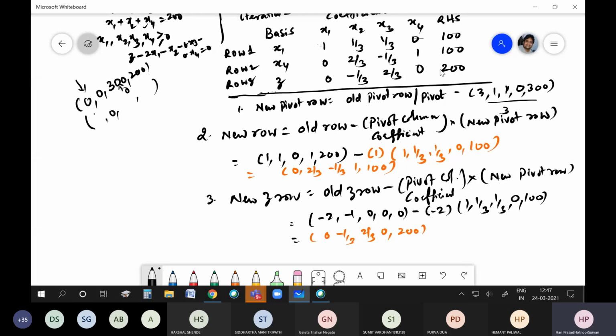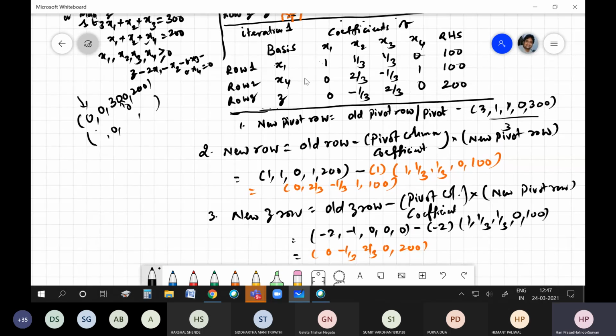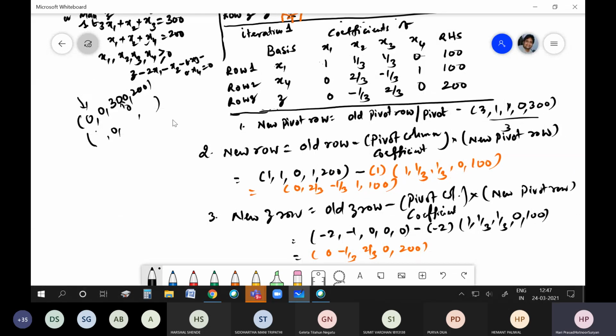So now you check whether you are satisfying both the things or not. See here, now we know that the basic variables are x1 and x4. So x1 has a coefficient of 1, and it has 0 in the other constraints. Similarly, x4 has 1 and 0 in the others, and also the coefficients of these basic variables x1 and x4 in the Z row are also 0. So we are conforming to the standard simplex table. Is it clear?